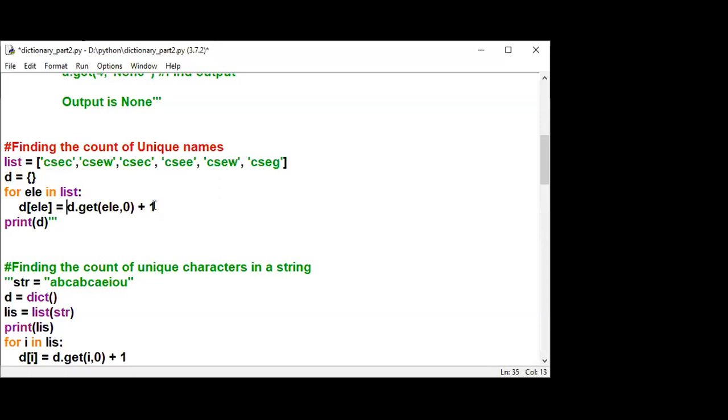Whenever it is getting added to the dictionary, the value will be incremented by 1. If the key is already there in the dictionary, it will return the current value; if the key is not there, it takes the default value 0 and the value will be incremented by 1. Right? The output remains the same for this also. I'll just execute this and show.